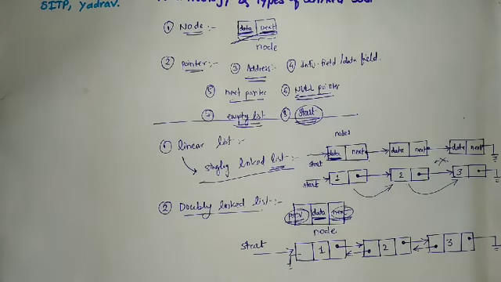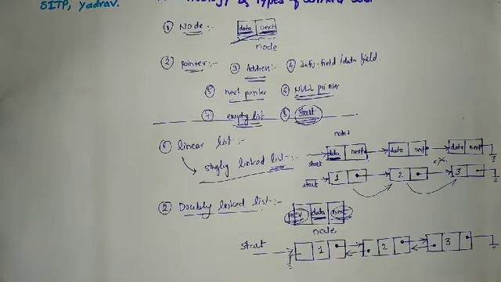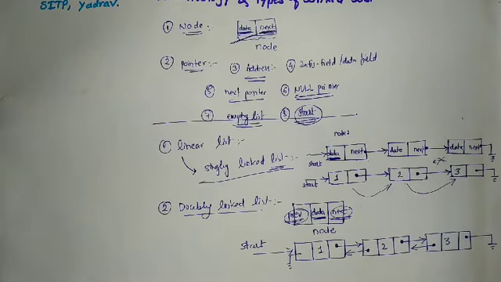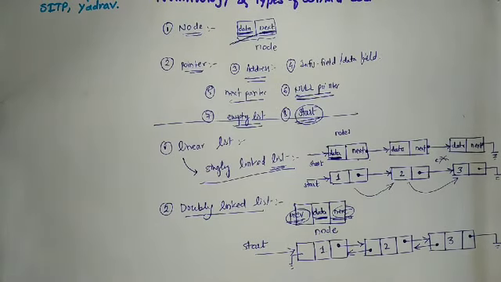Here we also have some advantages as well as disadvantages of the doubly linked list. Among the advantages, insertion and deletion are simple compared to the other lists, it is an efficient utilization of memory, and it is bidirectional, which helps traversal in both directions. And to implement the concept of a tree, we use the concept of a doubly linked list.